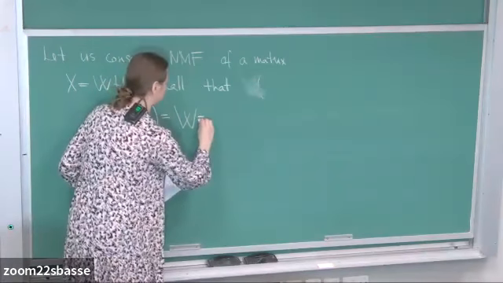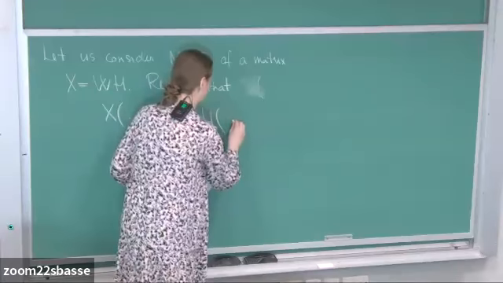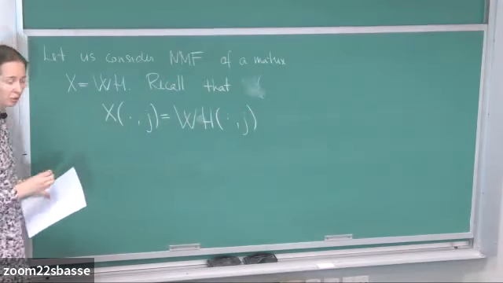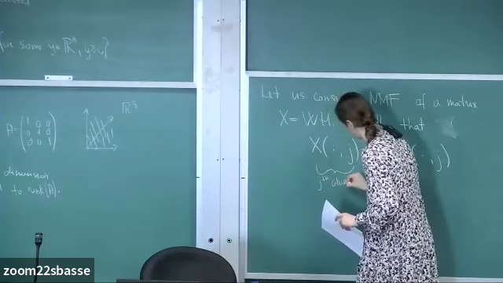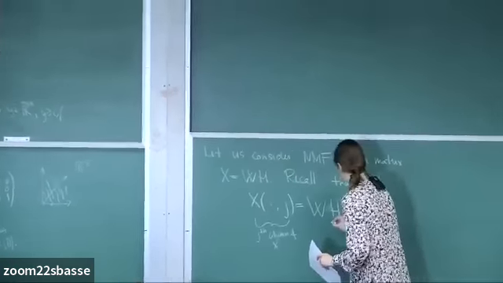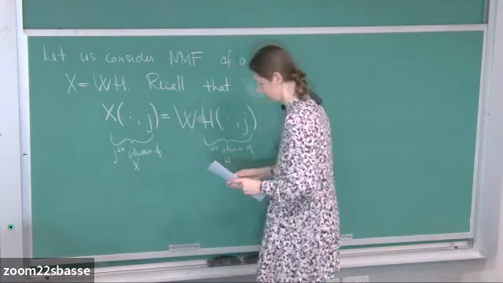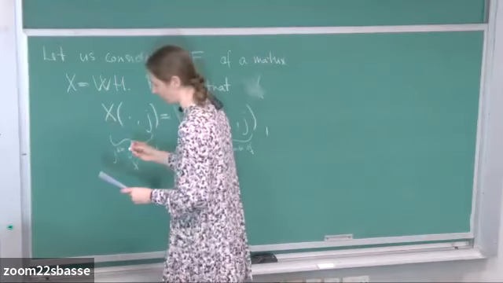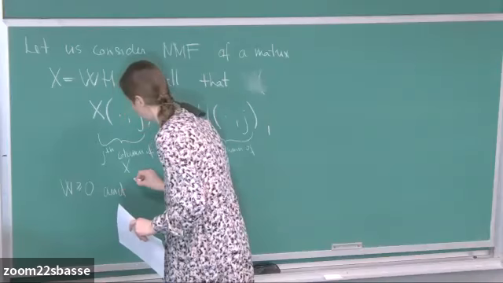I also wrote this down yesterday: if we have this factorization, then the j-th column of X is equal to W times the j-th column of H. And because we talk about non-negative factorizations, W has non-negative entries and H has non-negative entries